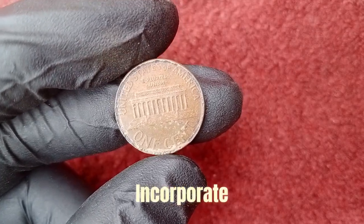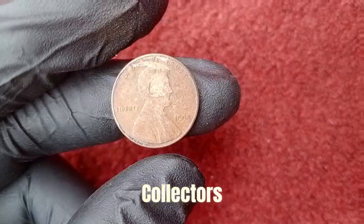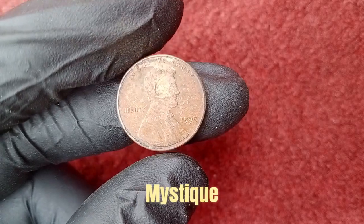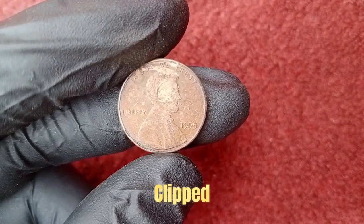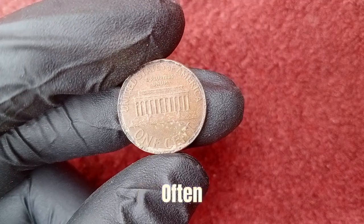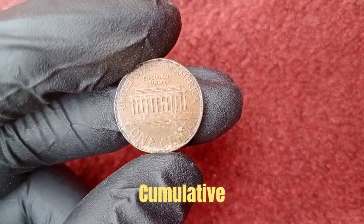And now, incorporate a dramatic die crack, also known as a die break, stretching from the rim across Lincoln's forehead, mimicking what collectors sometimes refer to as a lightning bolt effect or the scarred Lincoln variety, a visual phenomenon that adds both mystique and rarity to the piece. And on top of that, imagine the coin exhibiting a clipped planchet error, where a curved section of the coin's edge is missing because it was improperly cut from the metal sheet during preparation, often a rare but not unheard of error. Yet in conjunction with the other issues on this coin, it adds tremendous intrigue and cumulative value, and